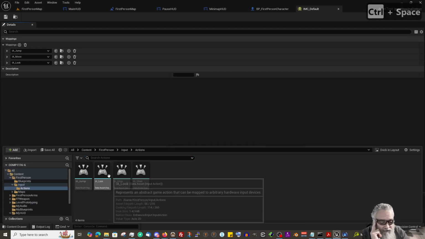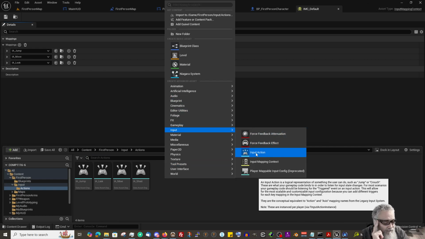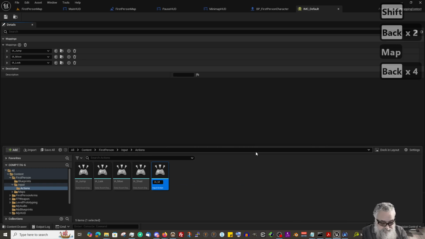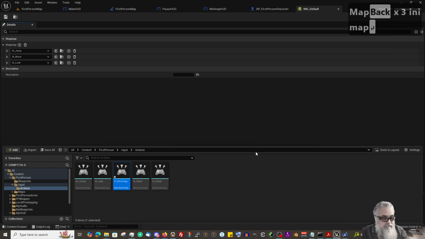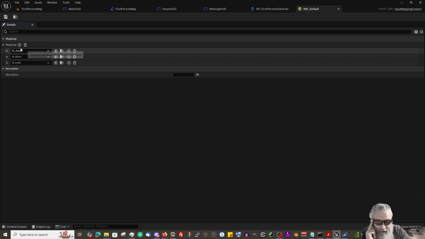So under actions, I'm going to right click and say input, and we're going to create an input action, and it's going to be called IA for input action and minimap. Once that's created, I should be able to, in the IMC default, add some key bindings to it. So under mappings, I'm going to add,